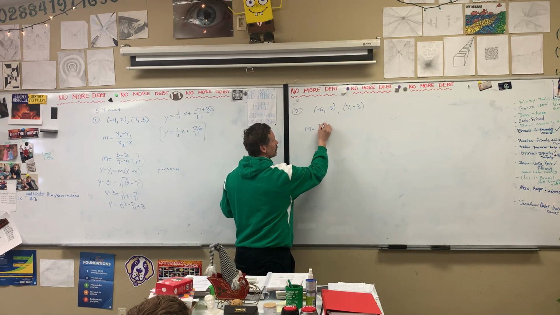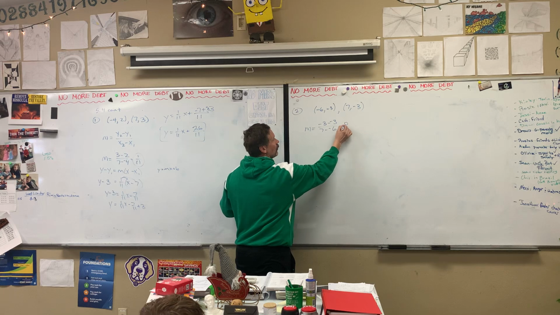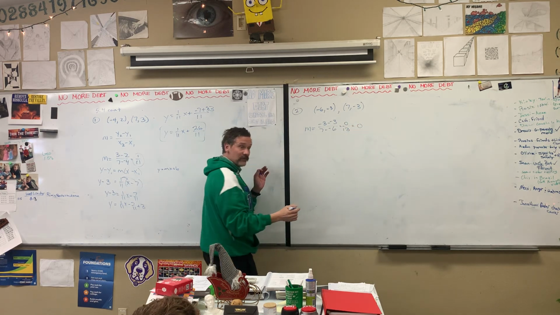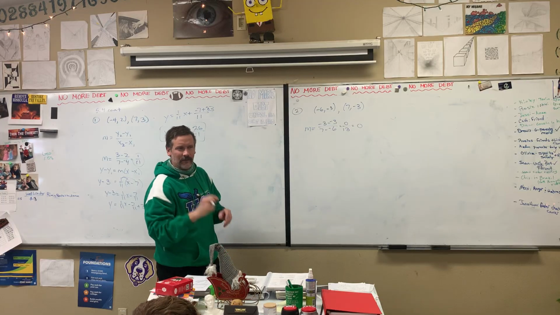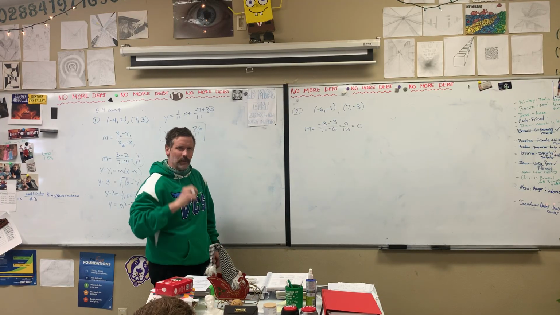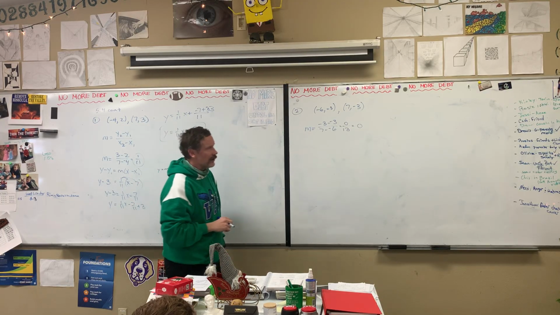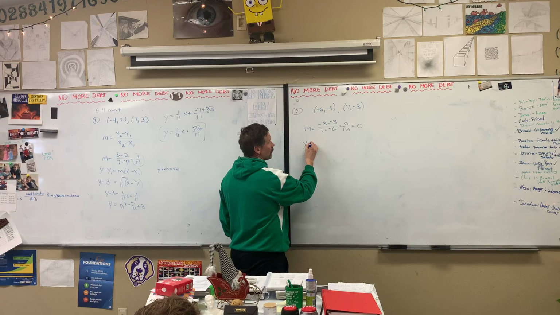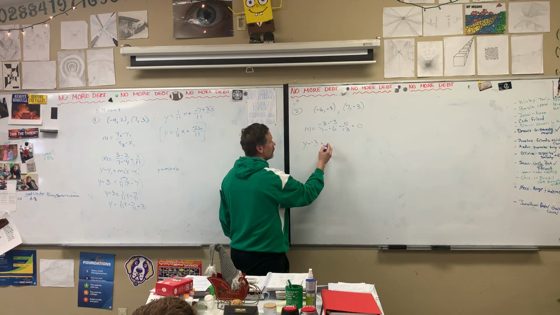So people said negative 3 minus the negative 3 over 7 minus the negative 6. We get 0 over, it doesn't matter what the bottom is, but we get 0 over 13. So our slope is 0, right? So then you're like, oh, wait a second, slope is 0. And you're like, okay, well, if you want, you could keep going. You could say y minus, it doesn't matter which point you plug into, let's do this one, y minus the negative 3 equals